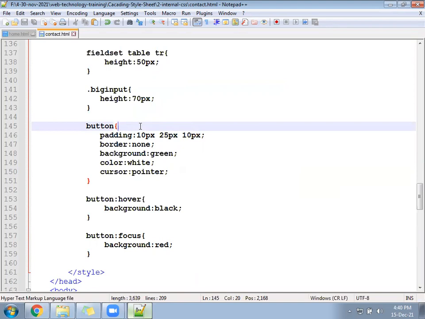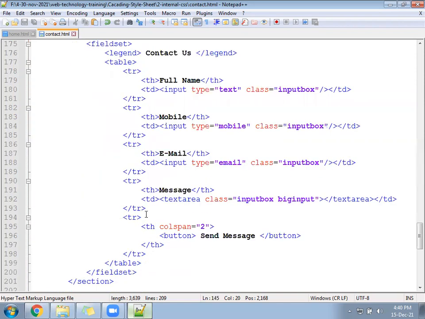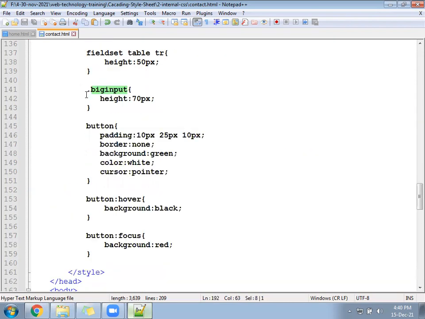Sir, you have increased the text size. Where did you update that? Which text message? The size of the text message, you have changed the code now, sir. We have a class here called big input. See if you have written the class for big input. Okay, I have not written that. There should be a class called big input.